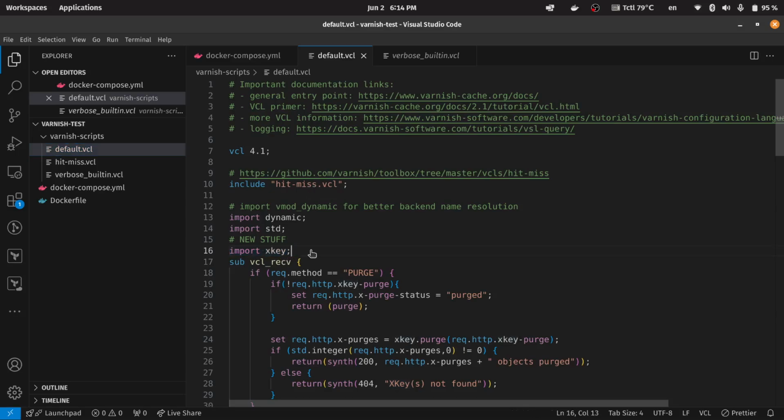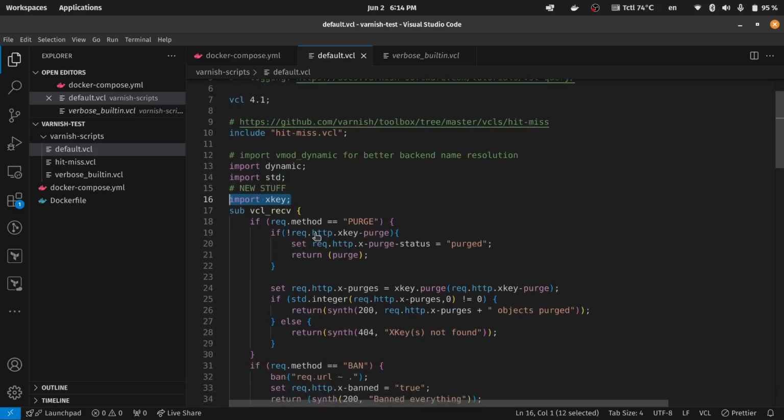Here, by using this special plugin in Varnish, I have access to this function called purge. And with this function, I can send a value. I can purge by a value, and Xkey is going to delete all cached objects that have this value in the header Xkey. I hope that made sense, and to explain it,